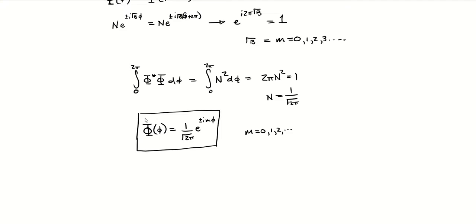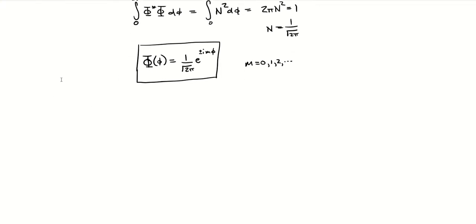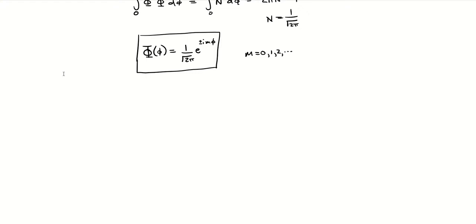And that's the azimuthal part of our hydrogen wave function, and we're essentially done. We can look at a few other things. One of the things we've discussed is that the z component of the angular momentum operator, operating on our wave function, is an eigenvalue equation, and now that we have this phi, we can actually sort out what that was.